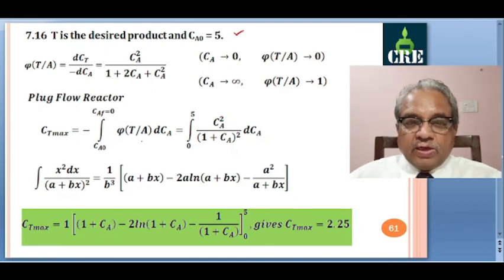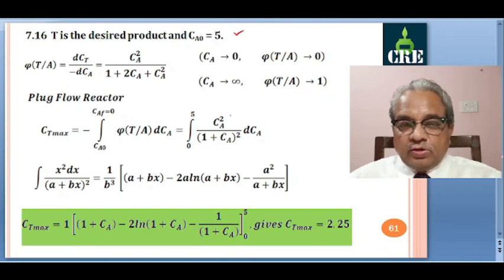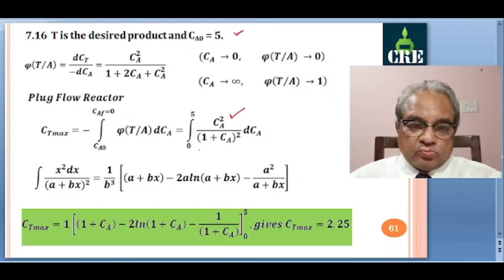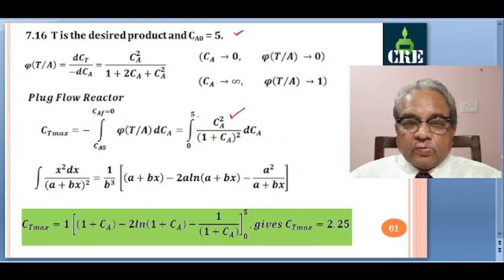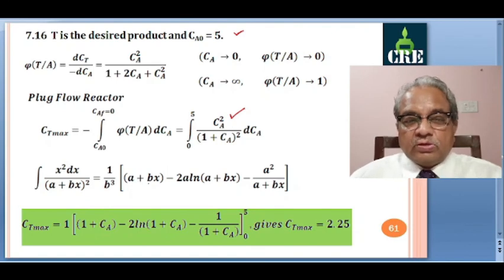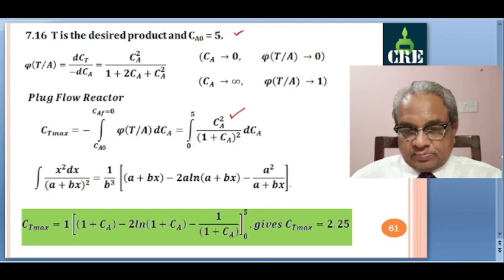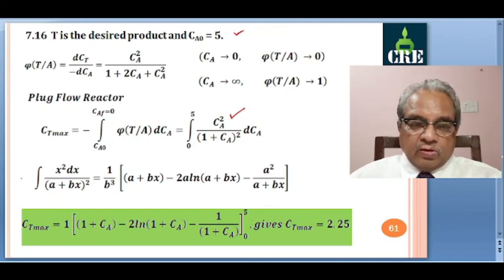Plug flow reactor CT max, same equation, same method, only here numerator changes. So this thing will change. So for this integral, x square dx by (a plus bx) whole square, same. So solution is 1 by b cube, a plus bx minus 2a ln of (a plus bx) minus a square by (a plus bx). Okay. With this, you can solve this,